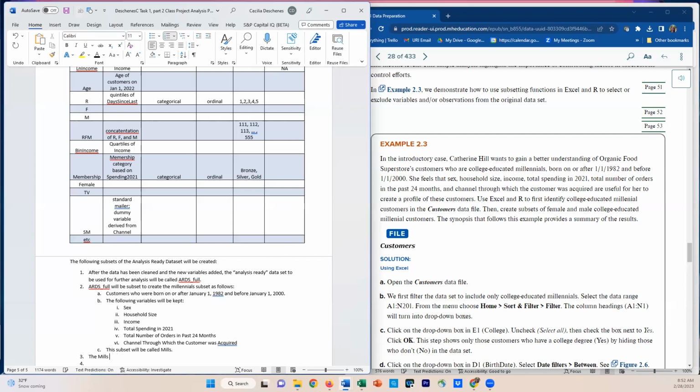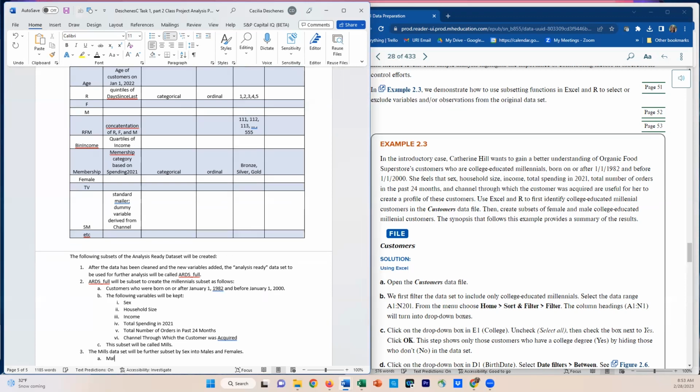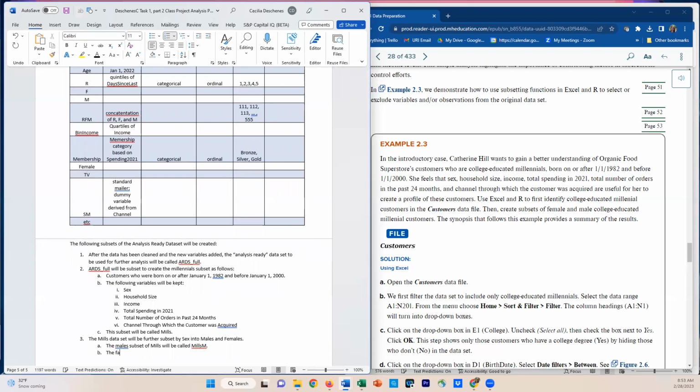this Mills data set will be further subset by sex into males, the male subset of Mills will be called, I'm going to just say Mills M, and then the female